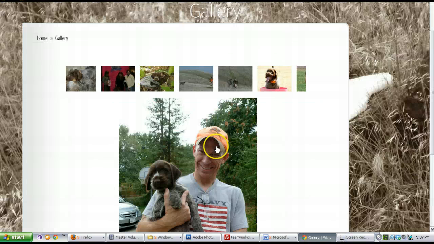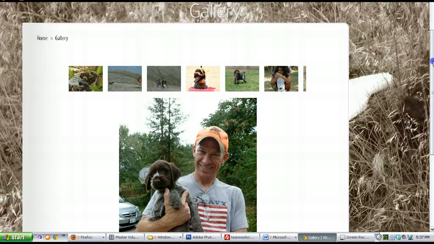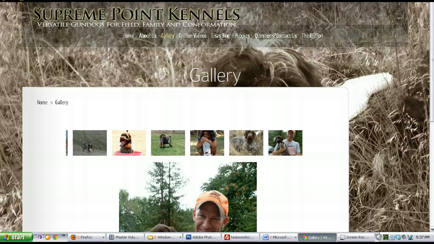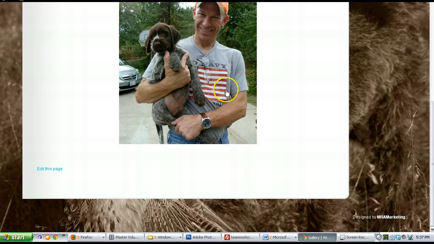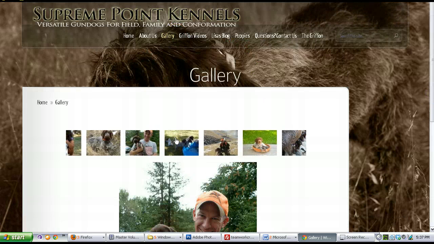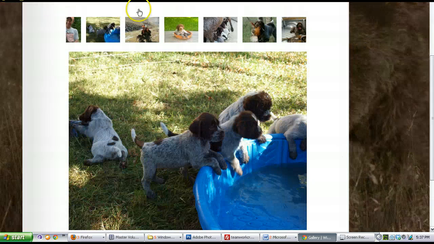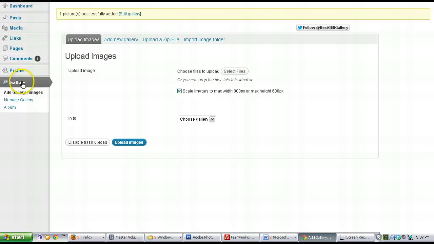Okay, galleries of your website. I've set up a gallery, just one gallery for now. I've called it main, and this is the gallery page of your website where we have pictures of various dogs. If you click on one of these thumbnails, that picture will appear at the bottom, and that's managed through gallery. So if you go here and click on gallery,